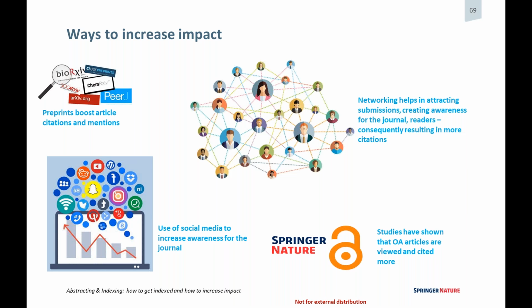Some studies have already shown that offering articles open access could make a difference. But there are so many journals, including Nature and New England Journal of Medicine. They are not open access. However, they have, as you know, very high impact factor, and they are considered the leaders in the field. So, but open access articles could make a difference. Please note that all these points, you can't just focus on one, you have to use all of them